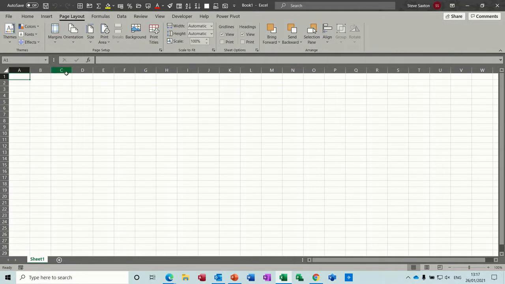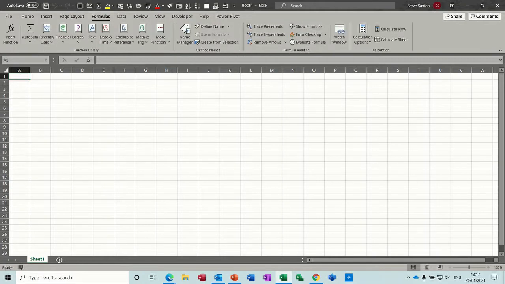Page layout is all about layout of the spreadsheet, and if you've got shapes, you can move them about, bring them forward, send them to the back. And then this one is probably the most common one if you are wanting to look at formulas. So you have the basic formulas there, which we'll have a look at in a minute, then recently used, and